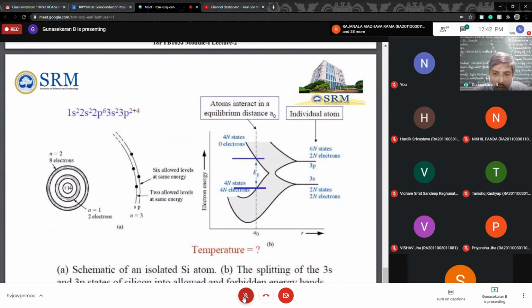So there are 6 allowed energy levels, but only 2 electrons occupy them. The remaining 4 also come in. So these 4 atoms interact at the equilibrium distance of A0. Same situation